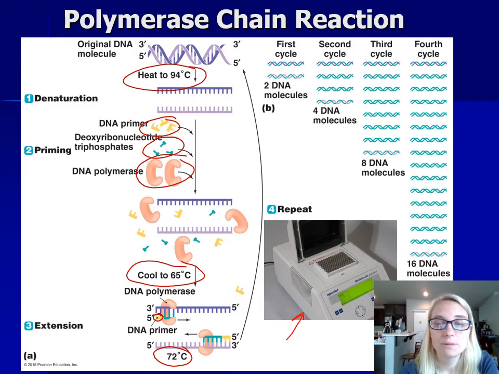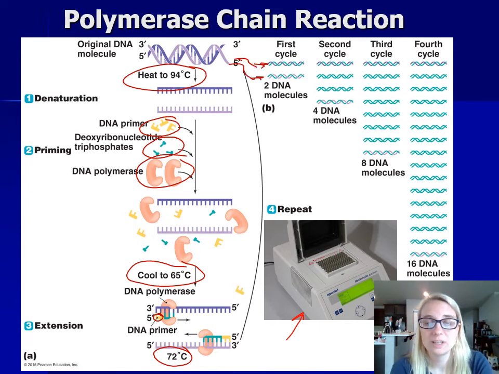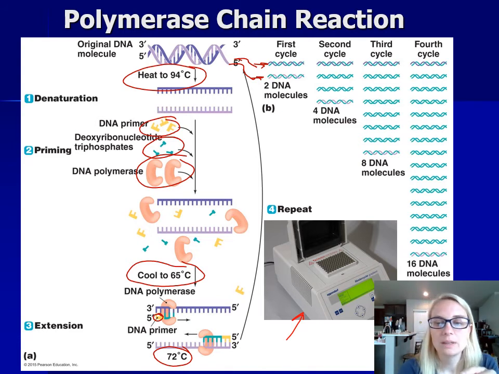So here we kind of started with dark purple and light purple, right? Comes from here. And now our copies are the green version. And then if we copy those, our dark purple gets a new green, the light purple gets a new green, and each green gets a new green. So these are all the new copies